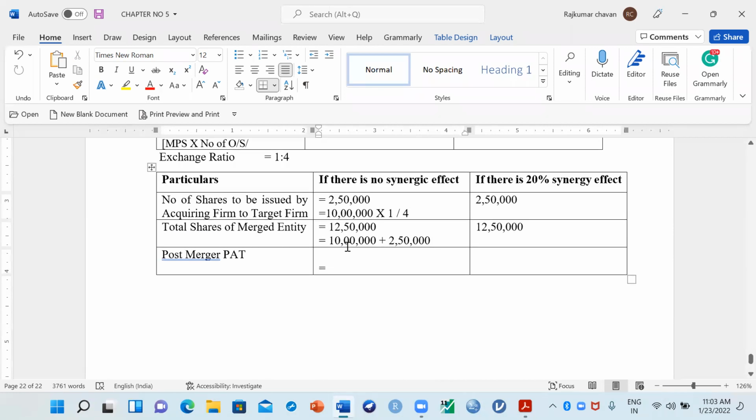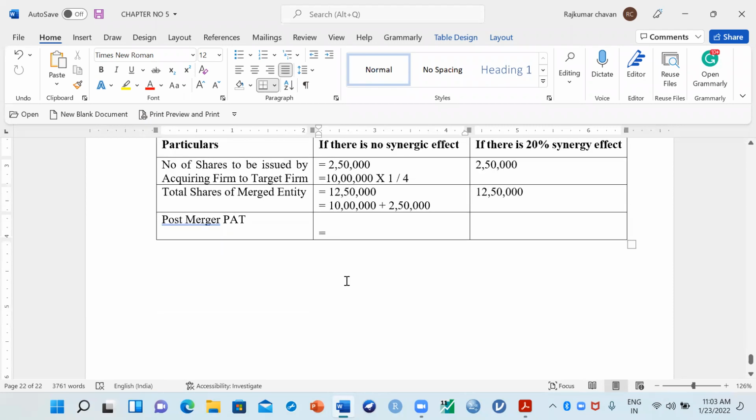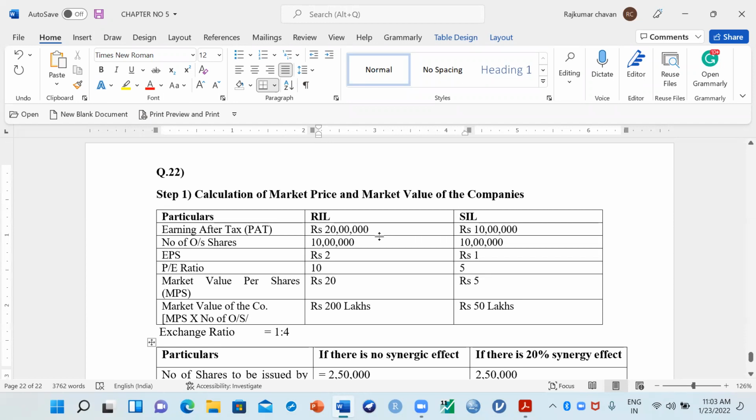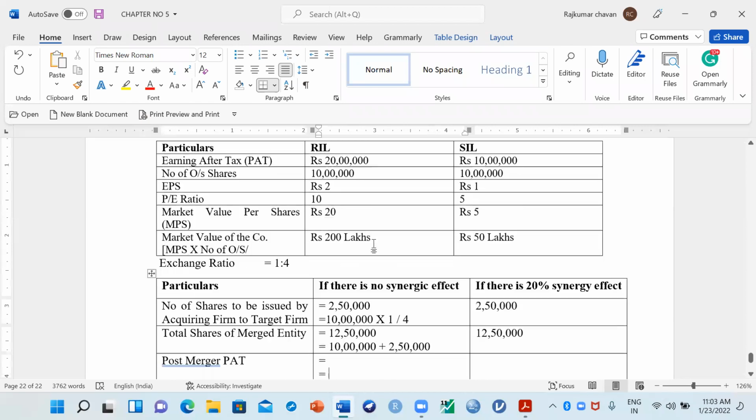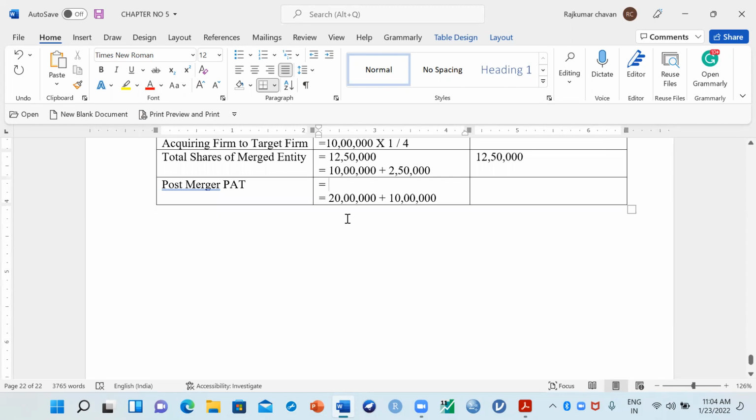Wait, I will tell you that 20% here. First you tell me, if there is no synergy effect, what is the post merger PAT? If there is no synergy effect, what are the company's earnings? Even if it is merged, we can take the calculation of the total earnings of the company. So what is the PAT of Reliable Industries? 20 lakhs. And RIL's counterpart is how much? 10. Even if they are merging or taking over, the total earnings of the company will reflect how much here? It is 20 lakhs, and the total earnings of this company is 10 lakh. So what is the total post merger PAT normally? 20 plus 10 will be